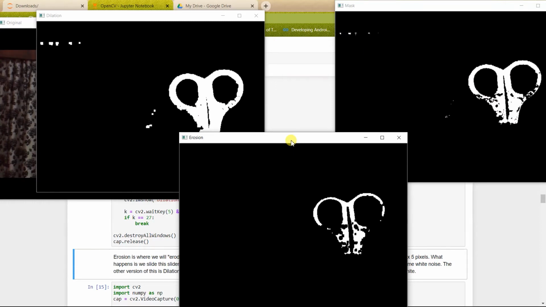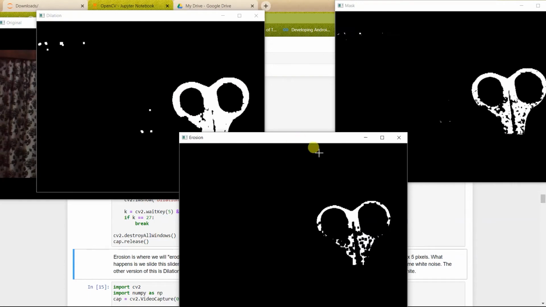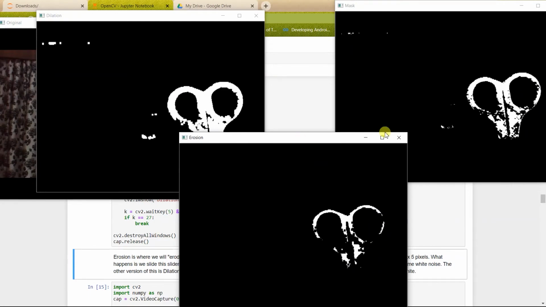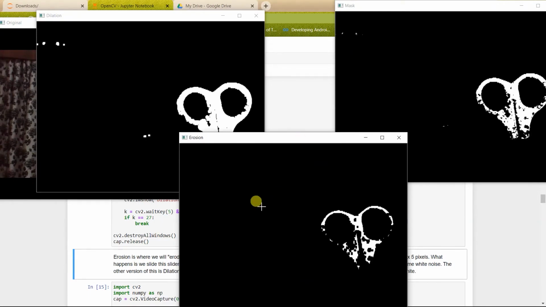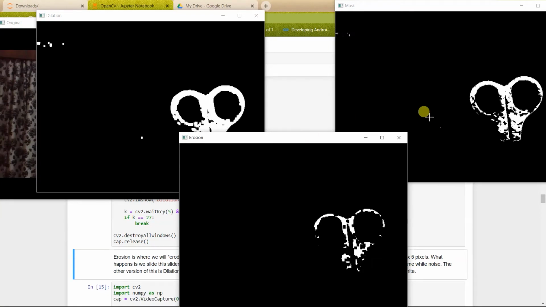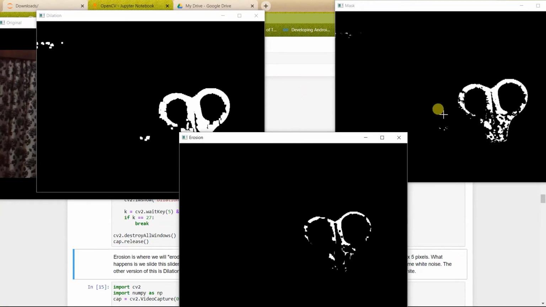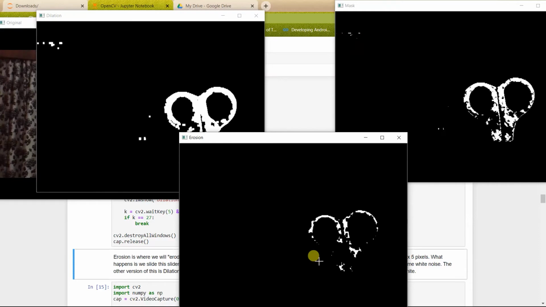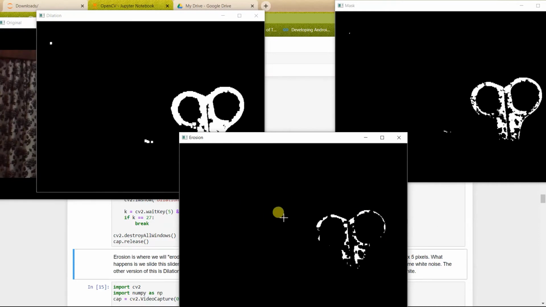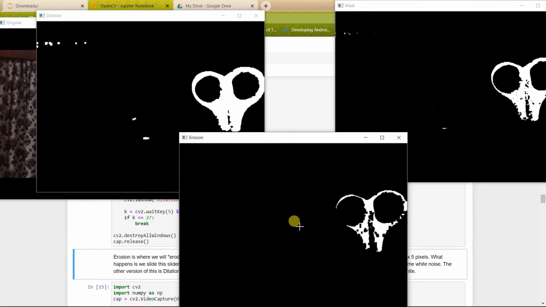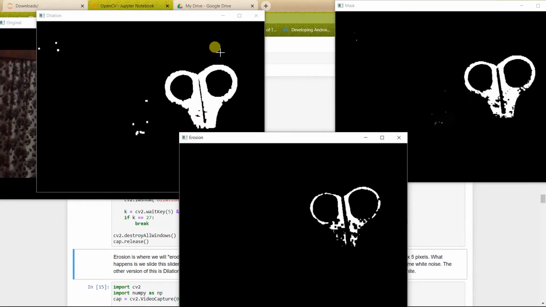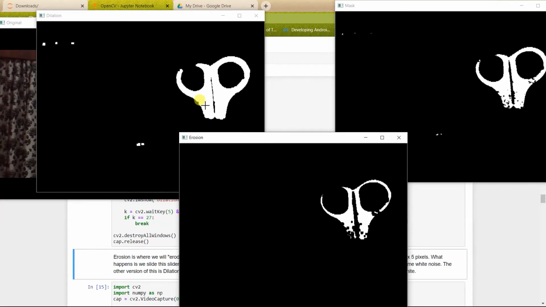as you can see, the erosion works fine on the outside boundaries, so you can see some noise here in the dilation and mask pictures. So the erosion removes that noise outside the scissor, but inside the scissor the dilation works fine and gives us an excellent output.